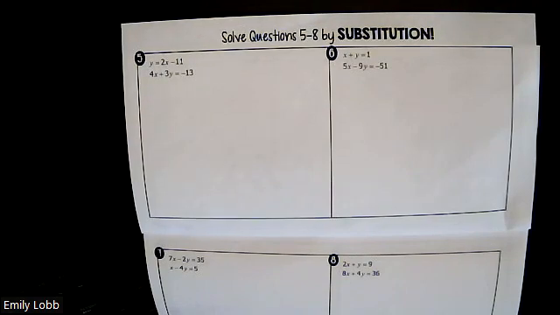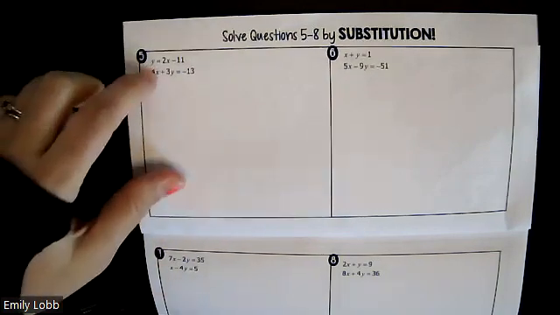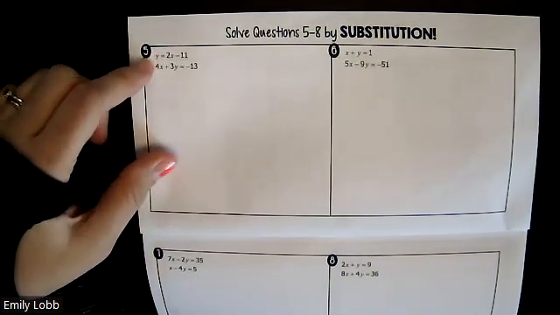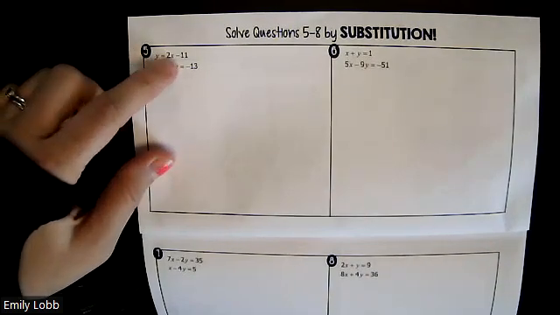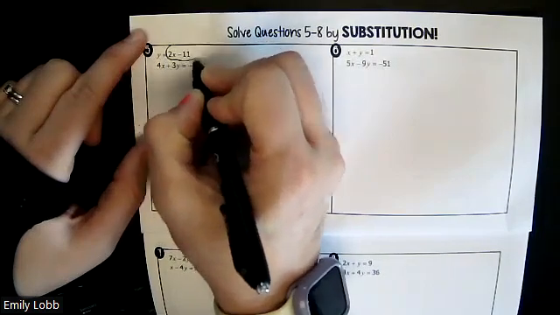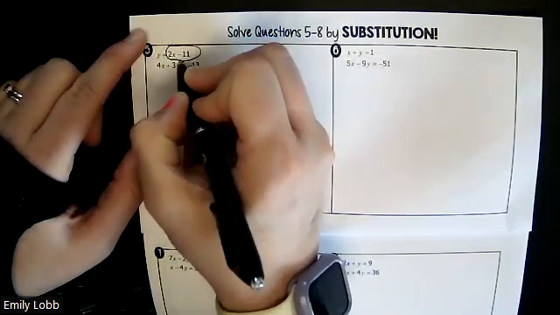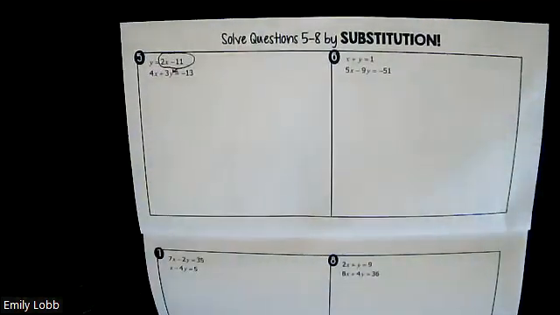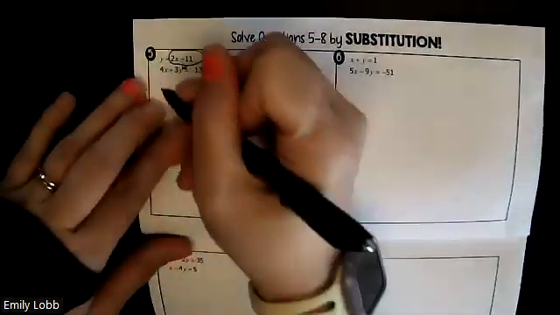Remember, we are substituting one for the other. We have to have one solved for x or y. Here we have one solved for y, so we have to plug this in, this 2x minus 1, in for y. Remember this? It's been a bit. So we have 4x